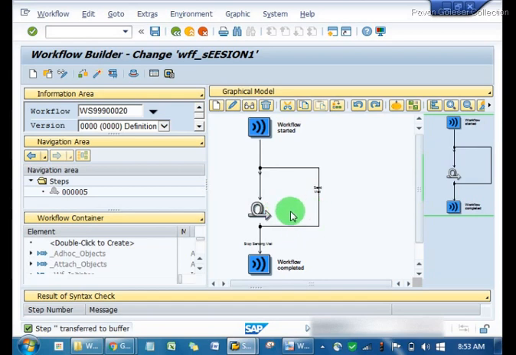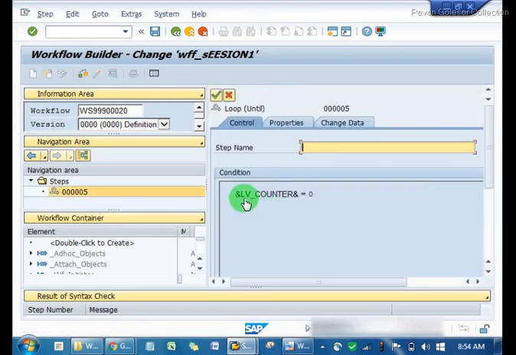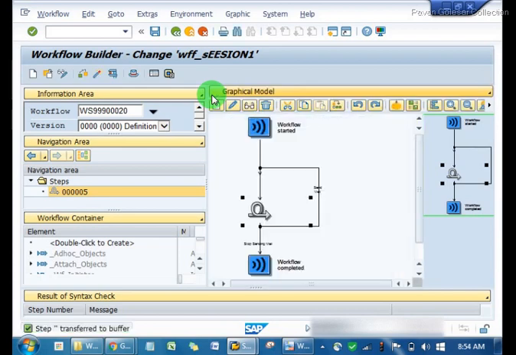Okay, so now once the loop is there, we also need to decrement. भाई ये 3 का काउंटर ये 3 ही रहेगा, हमेशा गोल घूमते ही रहेगा. We need to decrement the variable value. Okay, ये loop until किसके ऊपर है? कौन से वेरिएबल के ऊपर है? LV काउंटर. तो अभी हमको LV काउंटर की वैल्यू डिक्रीमेंट करनी है ताकि वो लूप 3 बार घूमे. 3, 2, 1 और 0 आ गया तो कंप्लीट हो जाएगा.